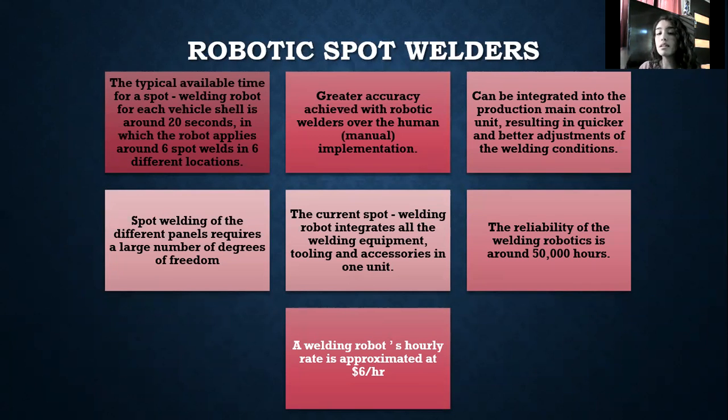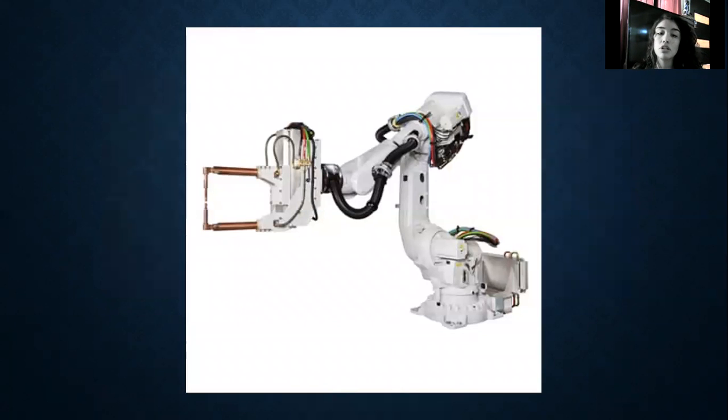The reliability is around 500 hours, and a welding robot's hourly rate is approximately $6 per hour. It's a lot less than an operator. This is an image of a